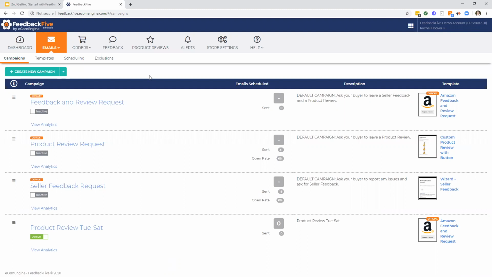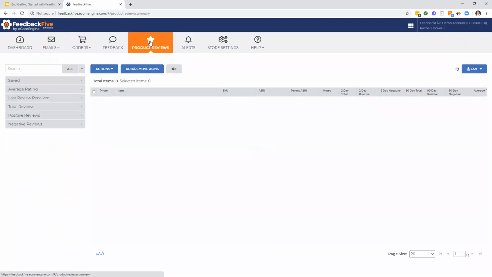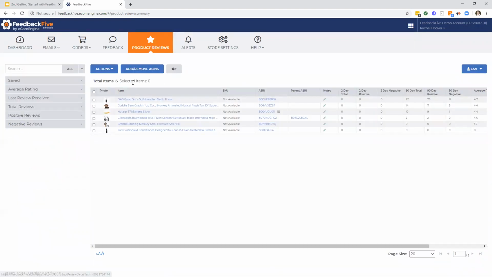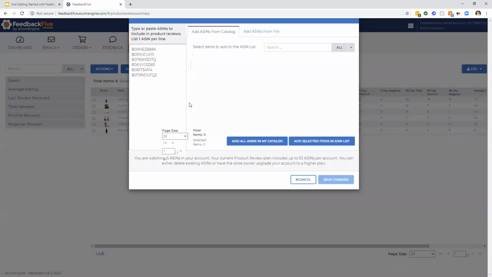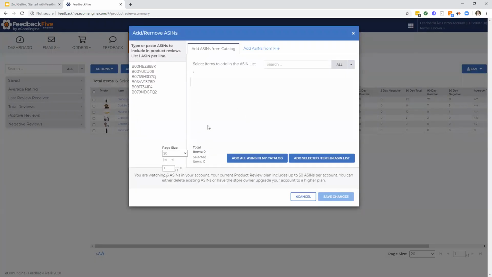So to do that, let's talk about product reviews first and how to monitor those. I'll go to product reviews here at the top. And you see that I have some added already here. When you first come in, it'll be totally blank. You'll be able to click on Add, Remove ASINs, and you can either select them from your catalog or just paste them directly in the list or upload a file, whatever you prefer to start monitoring the ASINs that you